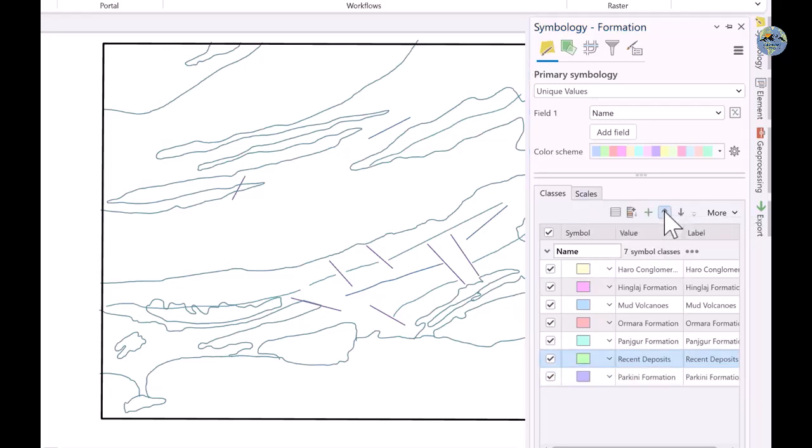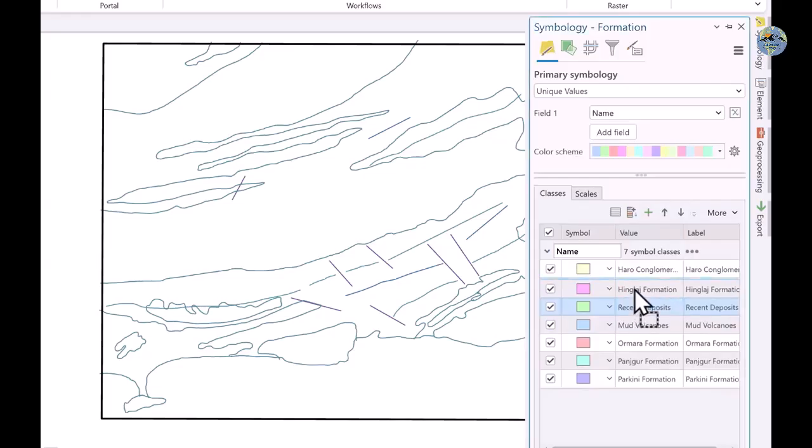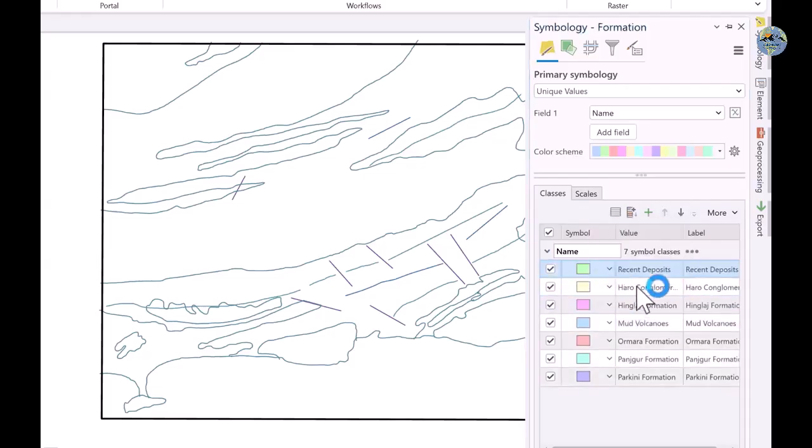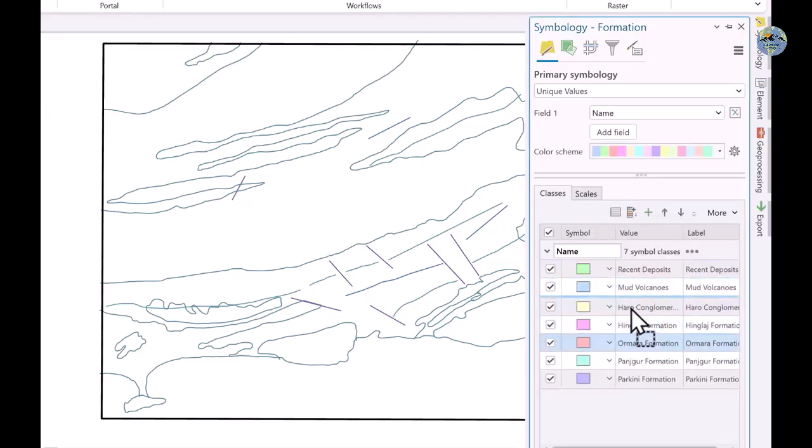You can move it up from this upward arrow, but you can also select and drag that to the top. I'll prefer this one because this is very easy to do. So now mud volcano, then Ormara formation,